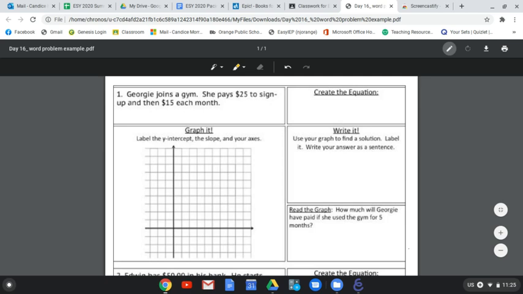So I'm going to be starting off with this one. You're going to see this posted in Google Classroom underneath the assignment. I'm probably going to also do it as a